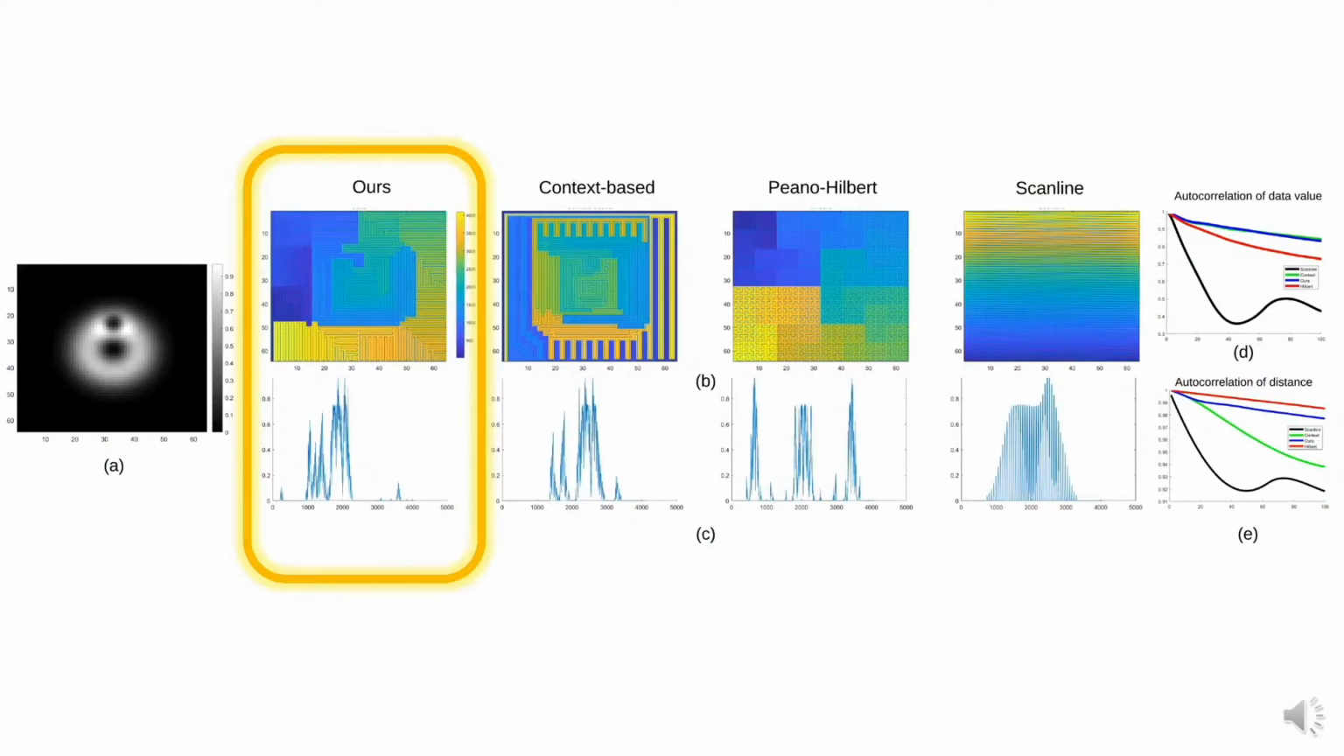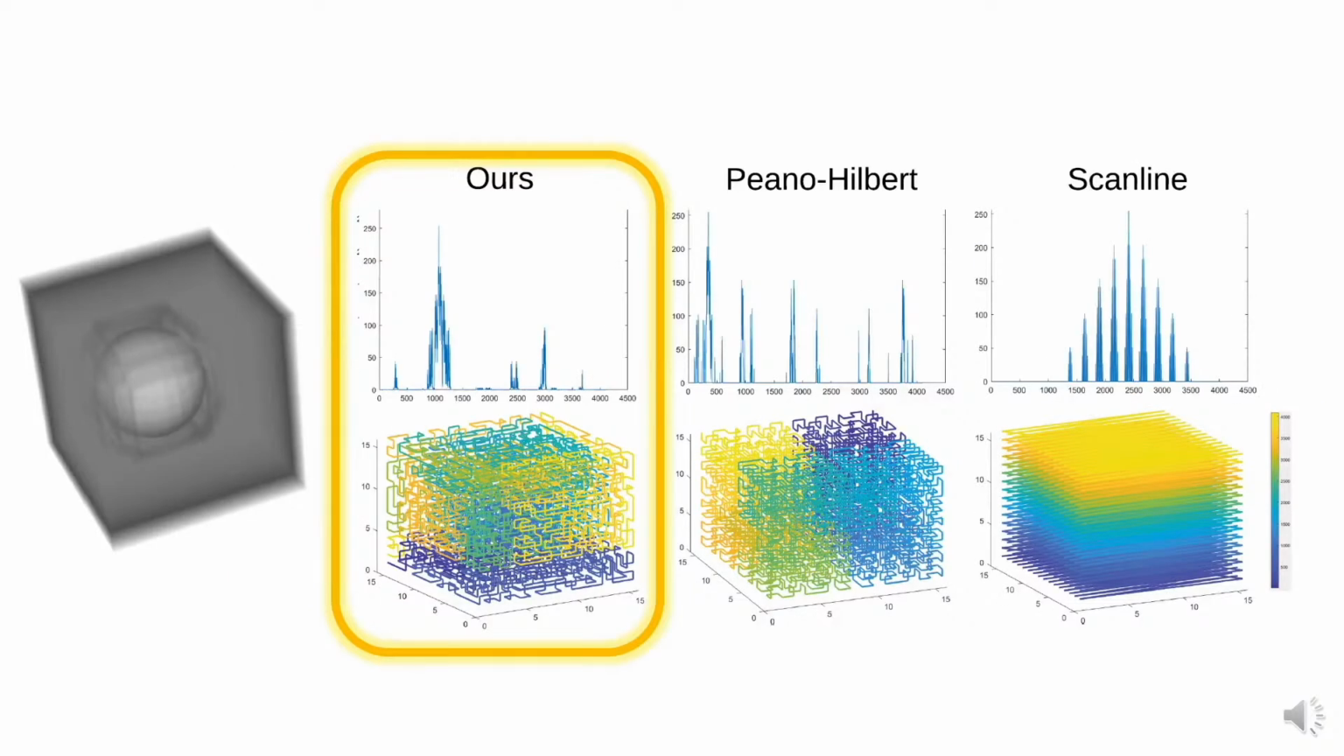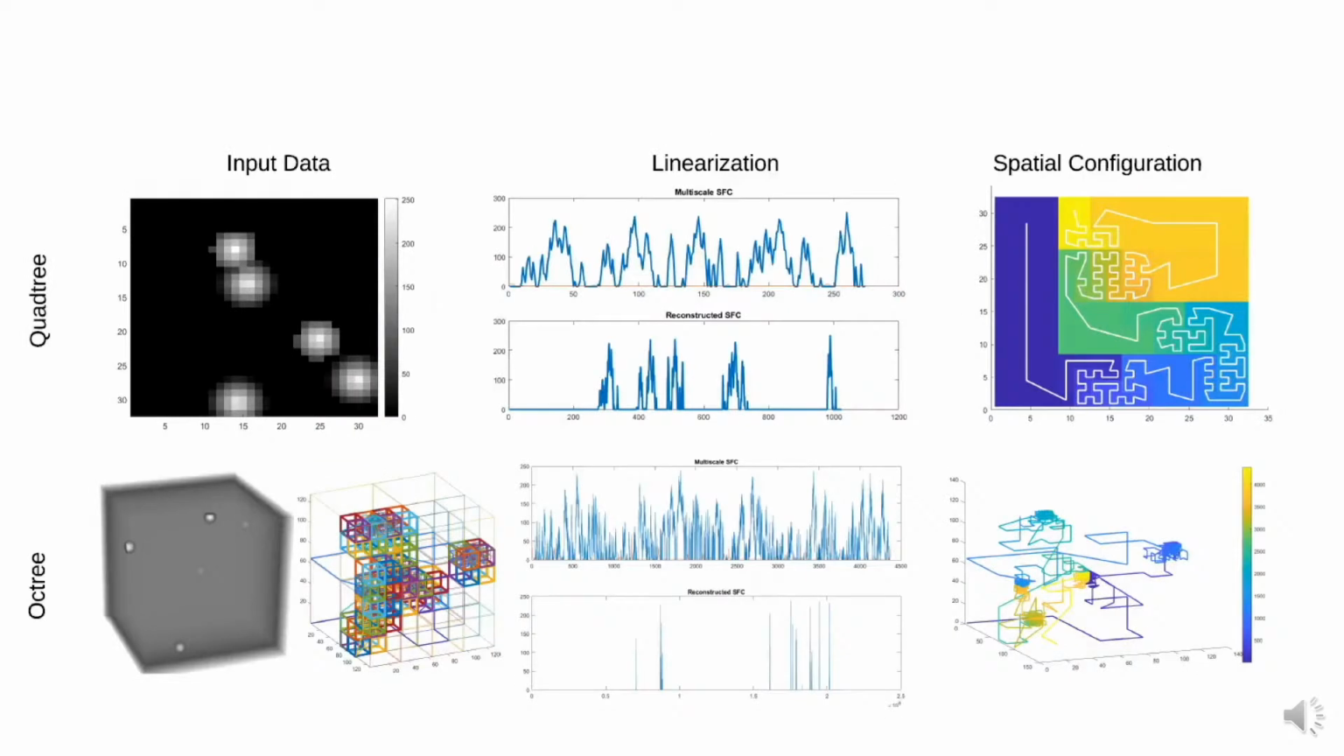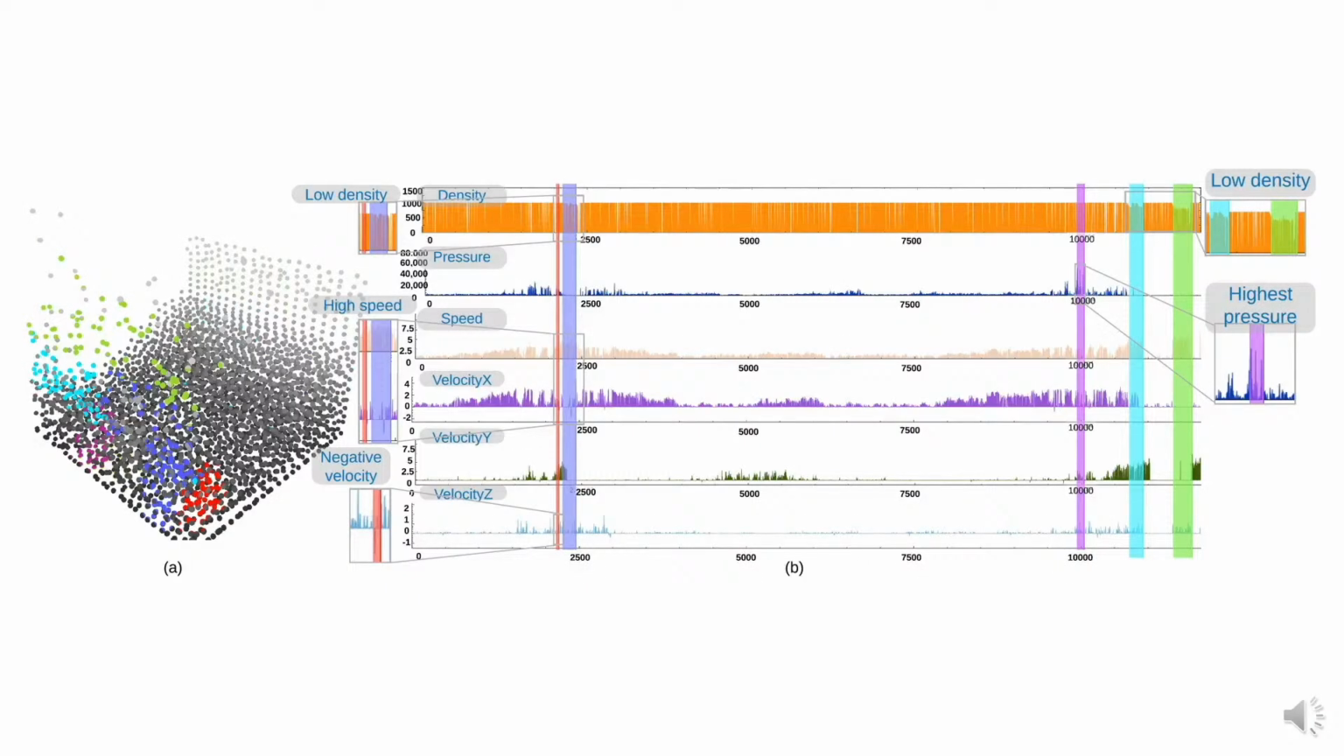We propose data-driven space filling curves. Our new method generates linearizations that better preserve coherency than existing techniques. Our method supports 3D datasets, and even multi-scale data on a quad tree or an octree. Many visualizations benefit from our method, for example, visualization of multivariate particles, and visualization